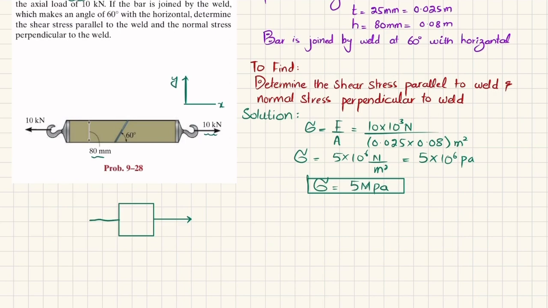Clear? In this direction, this is sigma x, which is equal to 5 megapascal. So in this case you have sigma x is 5 megapascal. You do not have sigma y, that is 0, and there is no shear stress, so tau of xy is also equal to 0. Now here you can see that we have been given that this weld makes 60